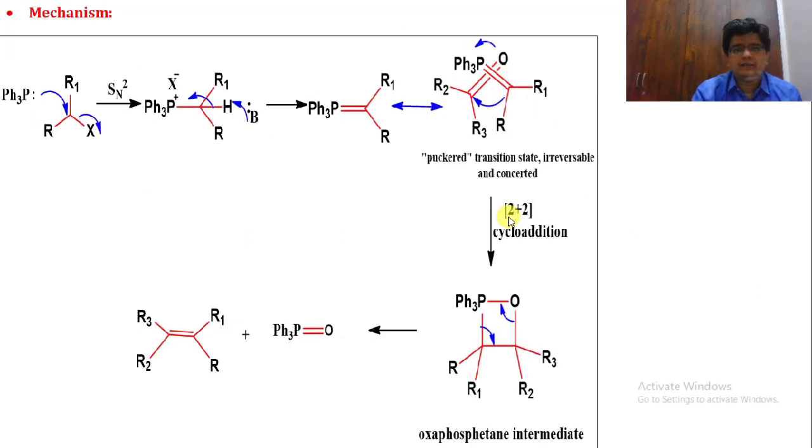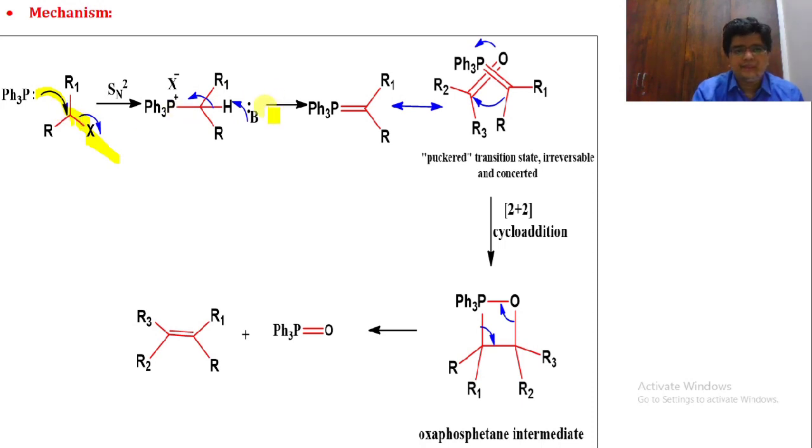Okay, now let us understand its mechanism. So phosphorus, in the nitrogen family, is also having one lone pair of electrons. So this lone pair of electrons will attack over here. Because of the C-X bond, the X will pull electrons from the carbon. So carbon is having a positive charge, and X is having a negative charge. This phosphorus will attack over here. So here we are having PPh3 positive. Here we are having hydrogen, R1 and R.